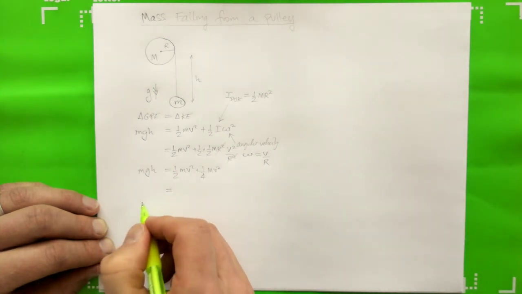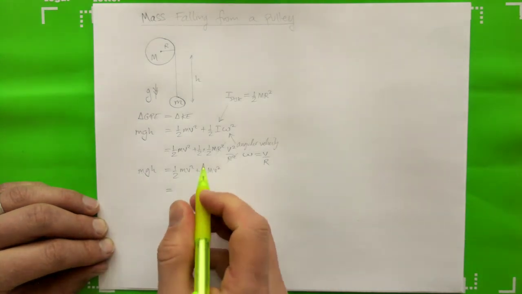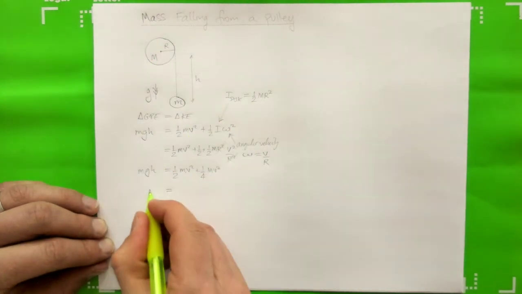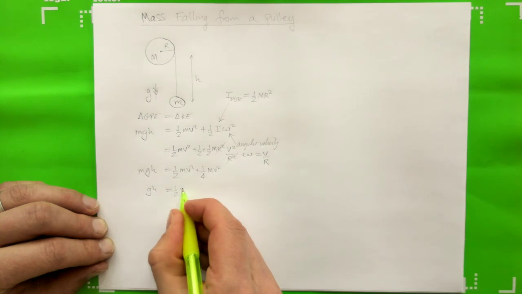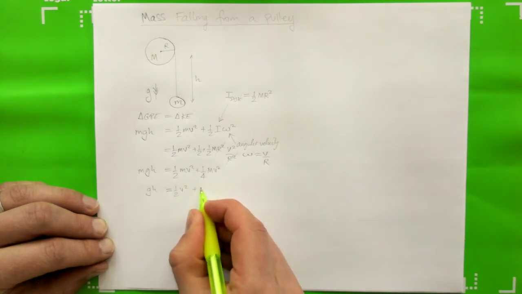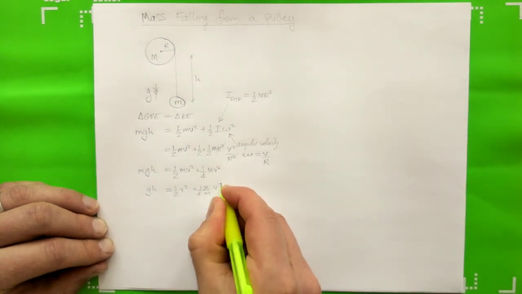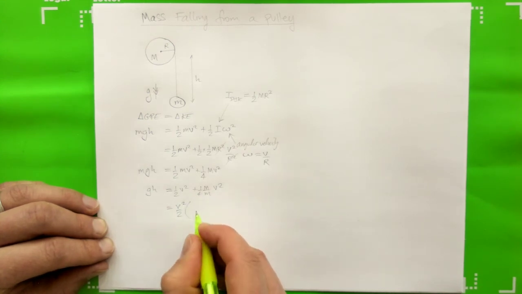It will probably be sensible to divide through by the small m so that we end up getting the answer in terms of the ratio of the masses of the two components in the system. So let's do that now. So we've got gh equals 1/2 v squared plus 1/4 M over m, the ratio of the masses, v squared, and of course we can take 1/2 v squared out as a common factor. So now we have 1 plus